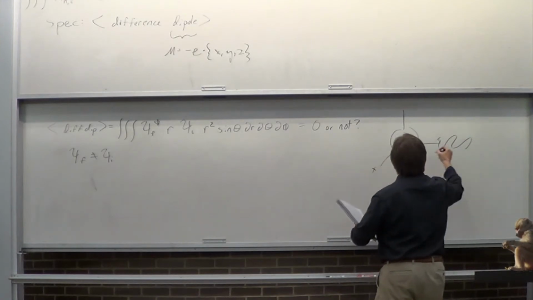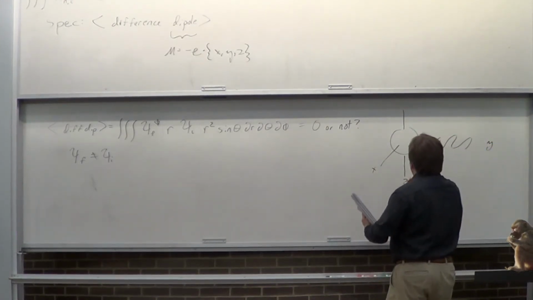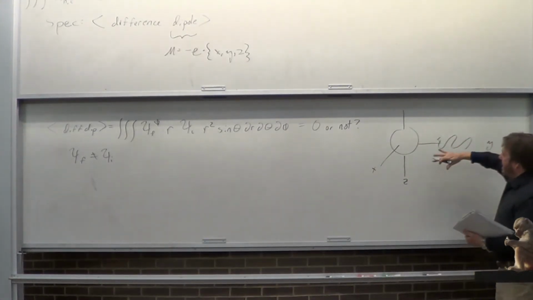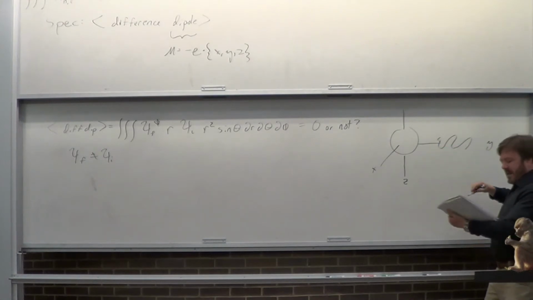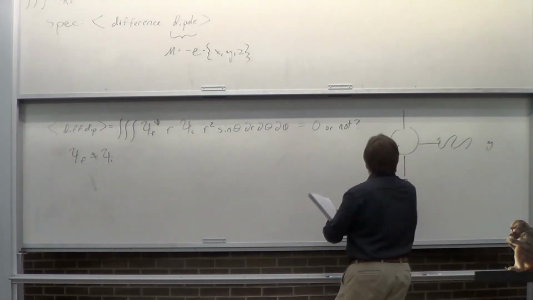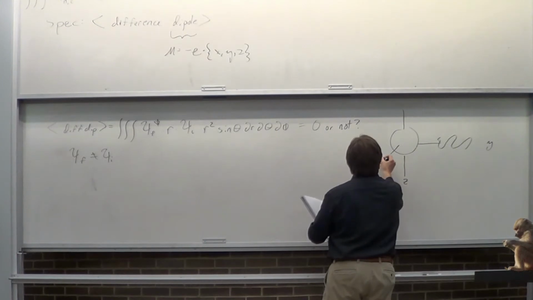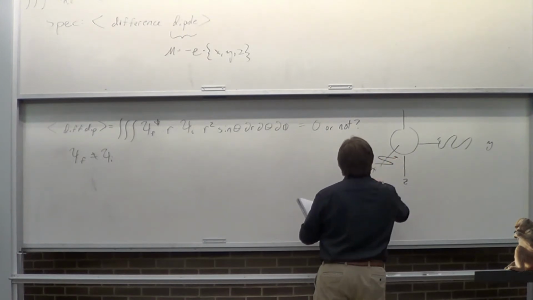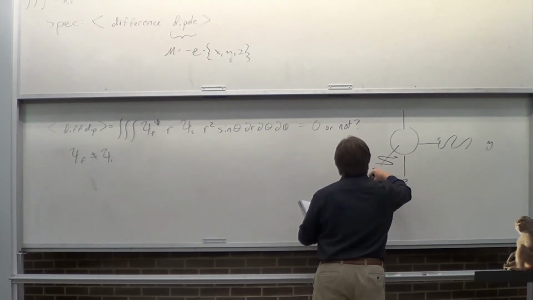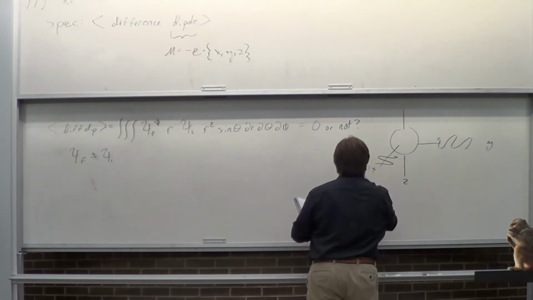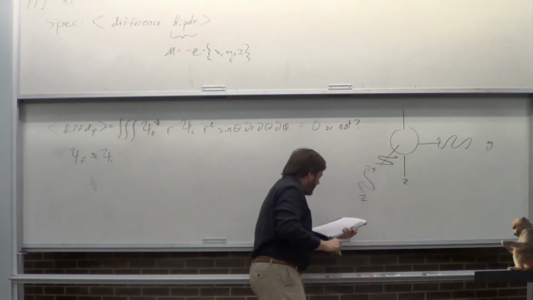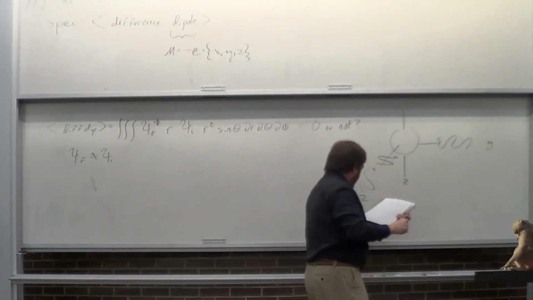So this would be X, Y, and Z. So this is technically X because it's coming at you like this. And then I would have Y polarized light because it's actually slinking along the Y. And then Z polarized, kind of ran out of room, this would be Z. Okay. So as I mentioned last time,